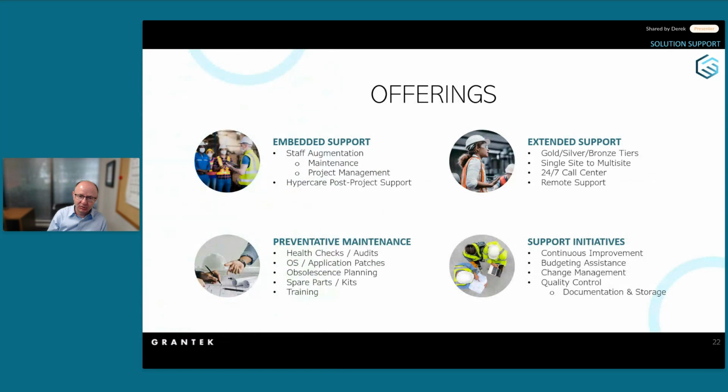One is embedded support for customers that need a dedicated hand, whether that's their teams going away on vacation or needing extra help on site, to our extended support or remote support tier, to having a preventive maintenance team that comes in, does audits, does health checks, does some obsolescence planning, some cybersecurity and obsolescence, application patching for our customers, as well as our 4th pillar of higher level support initiatives of looking holistically at systems, coming up with continuous improvement plans, helping with budgeting, change control or change management and quality control to help